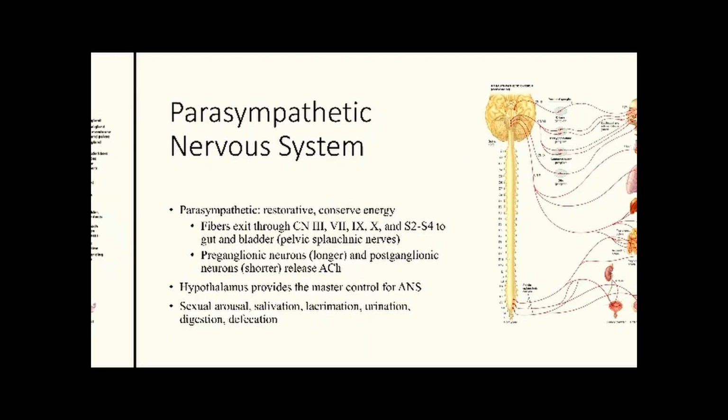Parasympathetic system, fibers exit 3, 6, or 7, 9, and 10, and also S2, S4. S2, S4 will become very big in neuro and ortho as well when it comes to low back pain. That's a lot where it happens. One of the questions we'll get to in the next lecture today about history and physical: bladder and bowel incontinence. If they have bladder and bowel incontinence, that means that S2, S4 got damaged